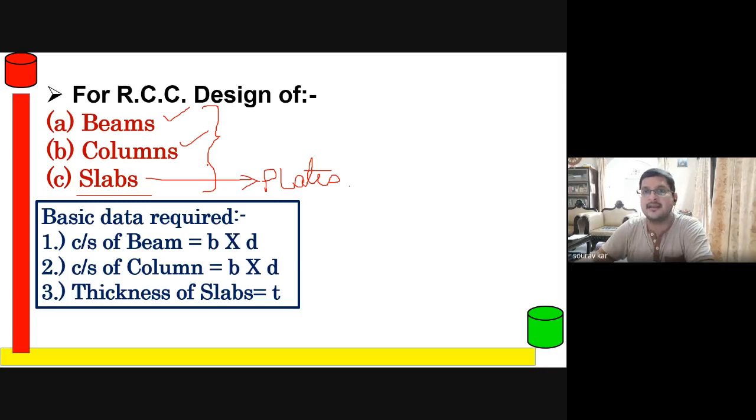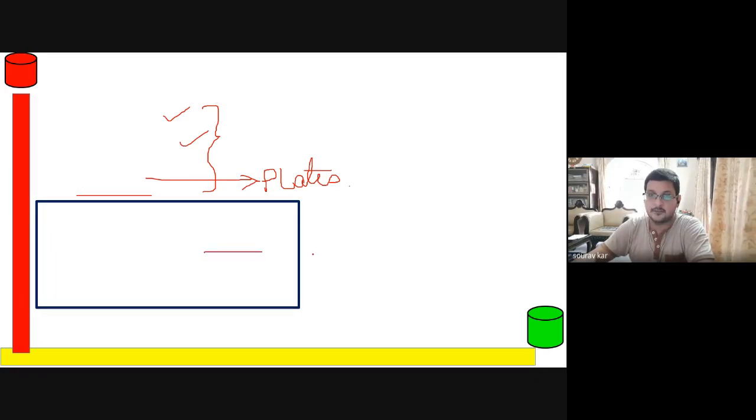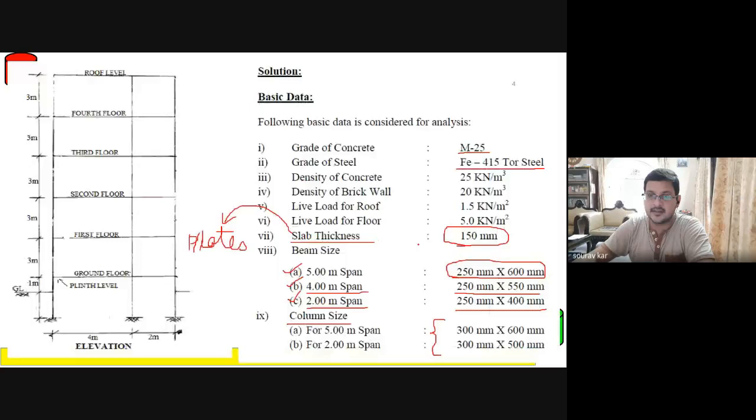So what is the basic data required? For beam design, we need the cross section of beams. I showed you that we used 250 by 600 mm, 250 by 550 mm, and 250 by 400 mm.